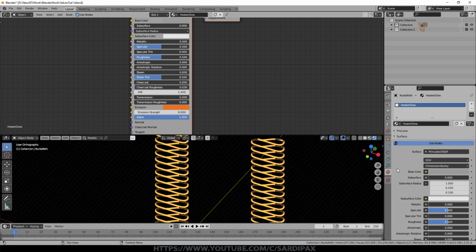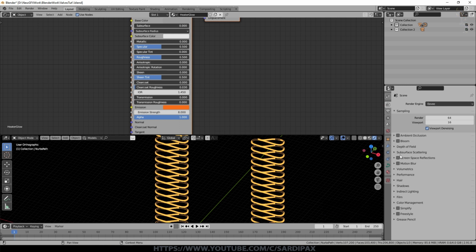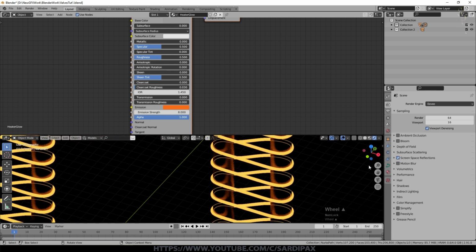At this point I'm just going to go into the settings for Eevee, and we'll turn on screen space reflections. And you may have noticed our cylinders started to reflect the light of the heater just as soon as we did that. So without that on, they're just black and it doesn't look quite right. In Cycles, that would have already been doing that, but for Eevee, you do need to tell it that you want screen space reflections. And while we're in here, I'm going to turn refraction on as well, because when we add the glass, we might get some effects from that and we might want them.